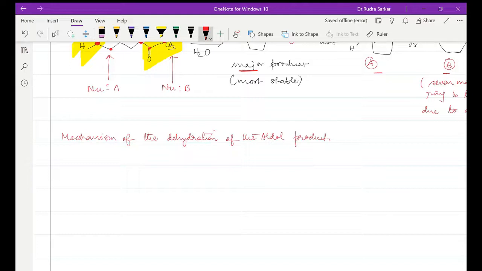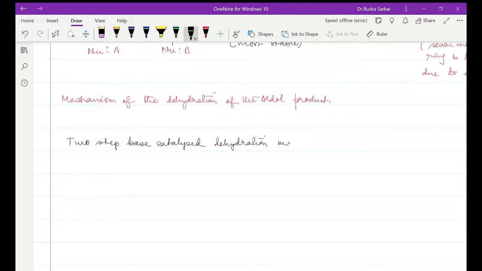That is the first point, which is also called, so this is a two-step base catalyzed dehydration mechanism called beta elimination